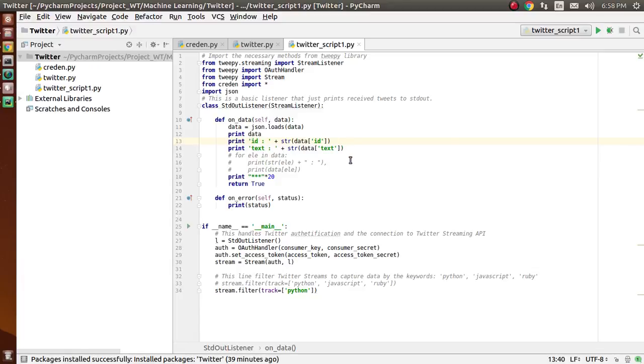I think for all the tweets it is not returning us the text. Some of the tweets don't have text. So let's comment out this line, because ID we have for all the tweets, but for some tweets we don't have text. So let's print only the ID for each and every tweet and let's see our outcome now.